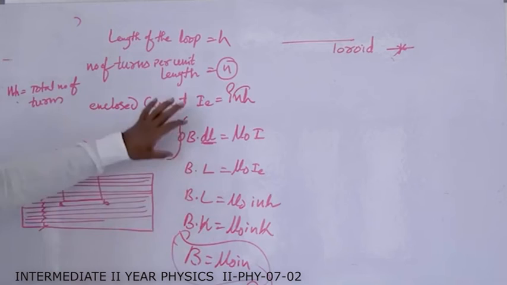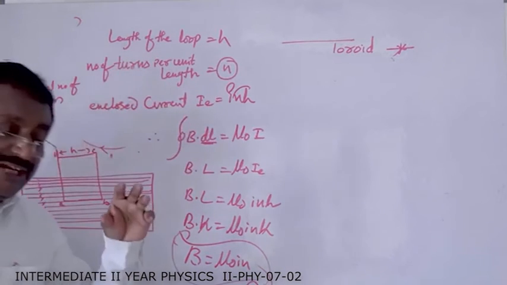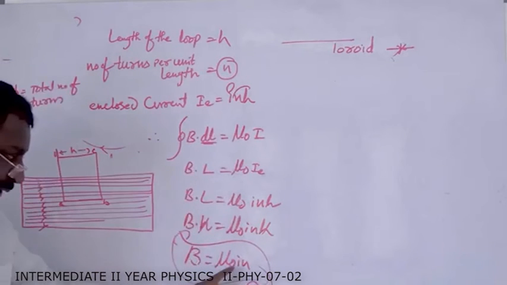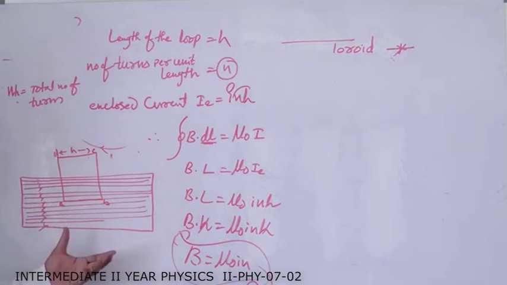Like this, Ampere's law is very useful. Where there is symmetry, we can find the magnetic field in an easier way. Just take these two values, and we get the magnetic field produced in a solenoid. This solenoid is widely used in dialysis devices.